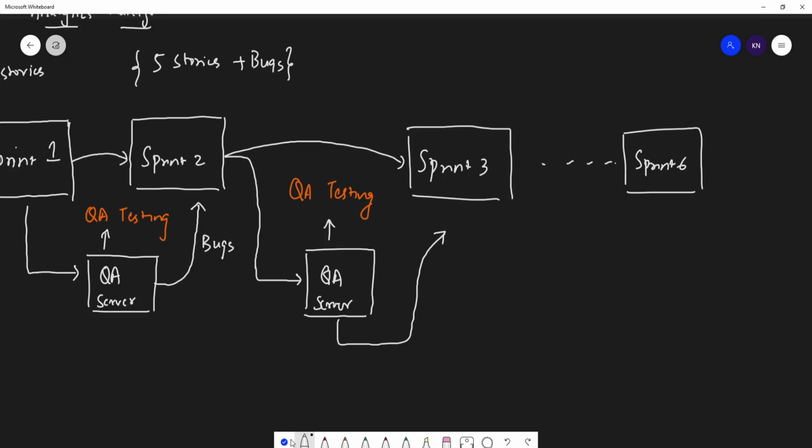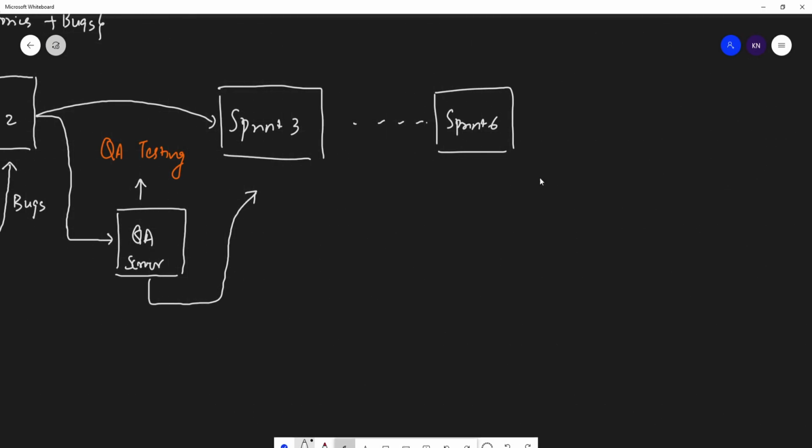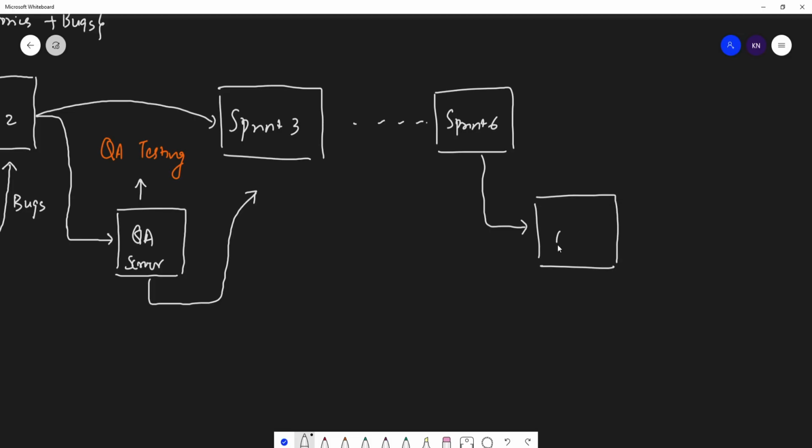And in sprint 6, once this is deployed into the QA server, okay, just understand, guys, this is very handy for you all, because if you are going to the industry to work on a data science project, many people will be following this process. In more than 4 companies in my career I've seen this particular process being followed, and it is a very handy process. So here again the QA team will be doing the testing.